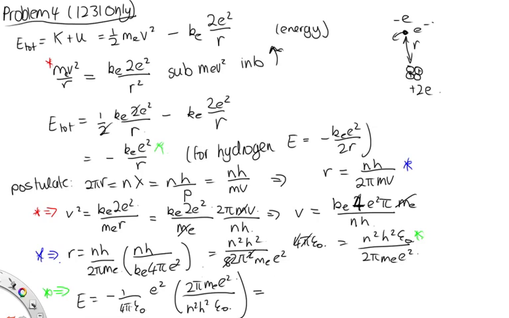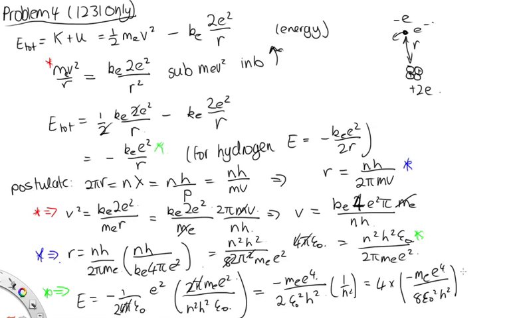And so solving this, pi and this pi will cancel out, this 2 will cancel with one of these, and we end up with minus me to the 4 over 2 epsilon naught squared h squared times 1 on n squared. So this is equal to 4 times minus me to the 4 over 8 epsilon naught squared h squared times 1 on n squared. So it's 4 times that of hydrogen. So the energy levels are 4 times higher, and it also asks us to